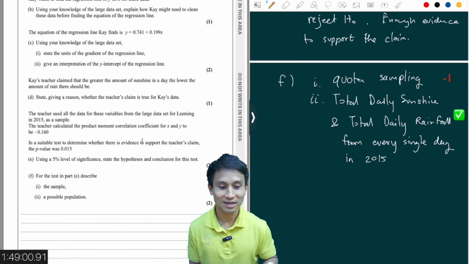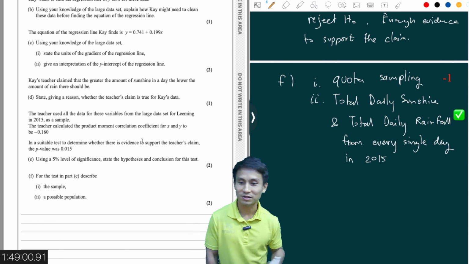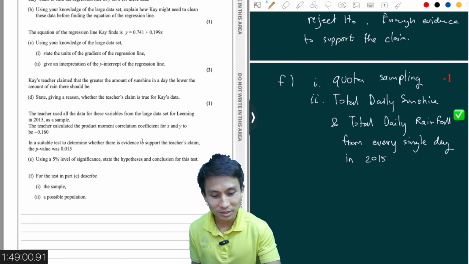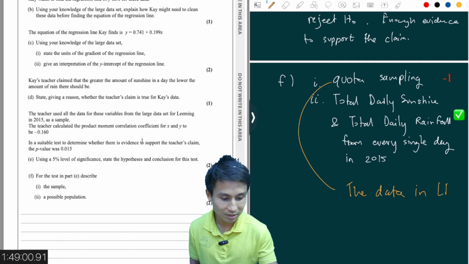I just missed that. But then this one, I got it right. It's just every single day in the year 2015 for Leeming. So what should have been said here instead would be the data in large data set for